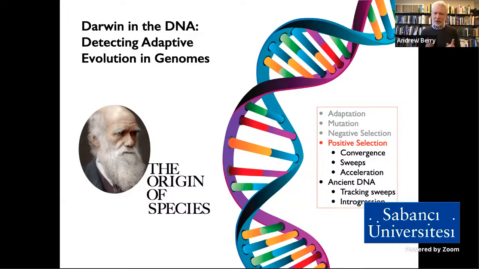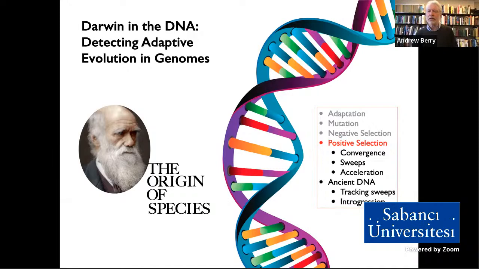And this is the other end of the selection spectrum. This is positive selection. So this is when a beneficial mutation, a mutation that makes the zebras run faster, arises. That will be picked up because the individual zebra with that mutation will survive at a higher probability, produce more offspring. Its offspring will have that mutation. They will produce more offspring and so on. So eventually the frequency of that mutation will increase until the entire population, the entire species has it. In other words, you go to what we call fixation, which is 100% frequency of that favored allele.